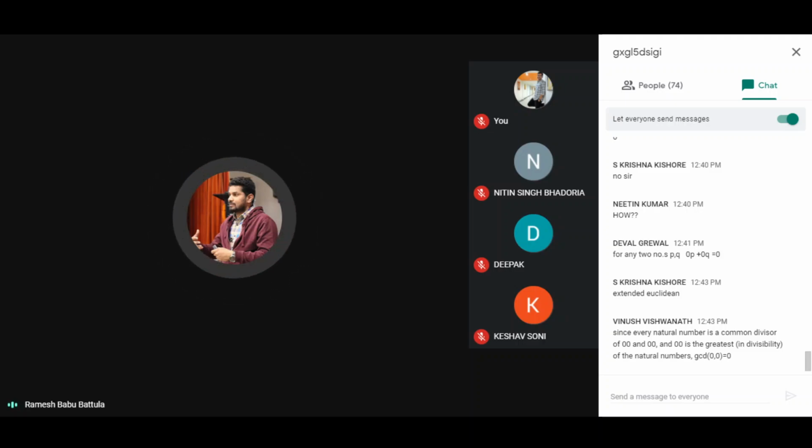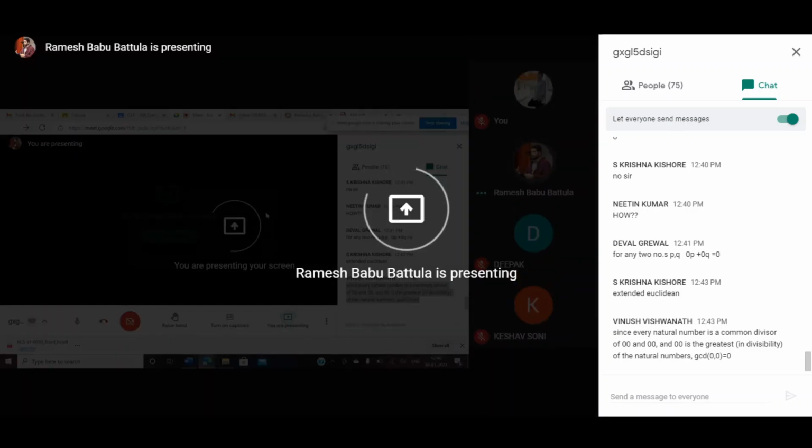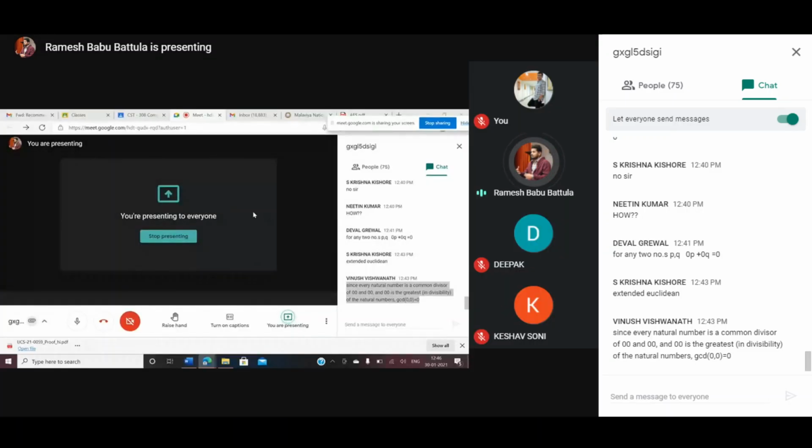The GCD value is mainly defined based on the Euclidean algorithm only. So now I'm coming back to our slides, because I need to explain that. If I have time, I will discuss more on number theory. Right now, we don't have much time to discuss that more. I want to finish this concept because we need to cover a lot of syllabus. I will give you more information about this.